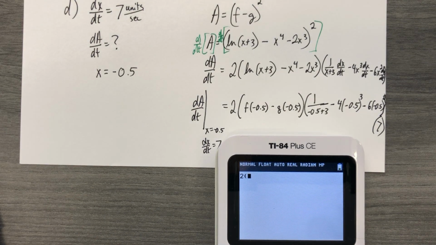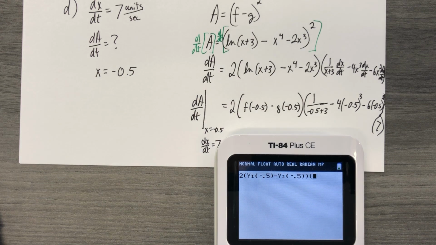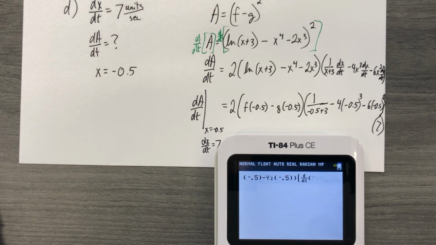2 times f evaluated at negative 0.5, alpha, trace, boom, negative 0.5, you can do that. Minus g evaluated at negative 0.5 times. All right, now it's going to get fun. Feel free to type that, or the calculator will do it for you. It is calculator active. Math 8, the derivative of f evaluated at negative 0.5